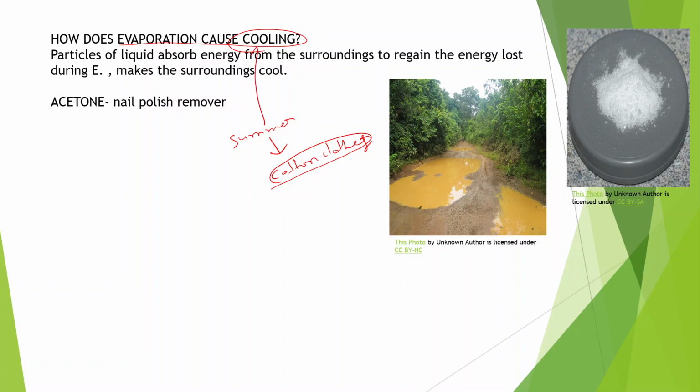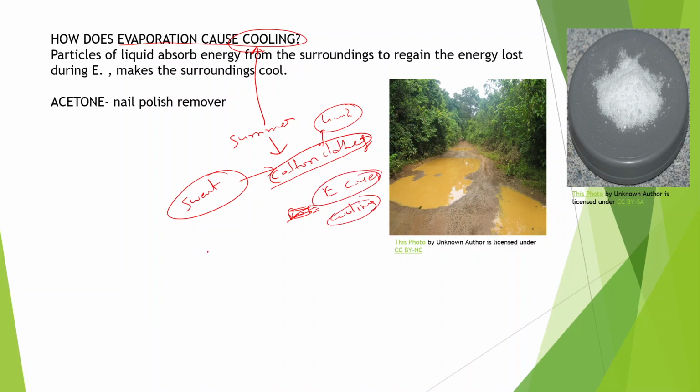These two questions are related, because if you wear cotton clothes, the sweat will be absorbed by the cotton very soon, and the sweat, which is in the form of liquid, will be evaporated very quickly. That means the rate of evaporation is high, so you can say evaporation causes cooling,